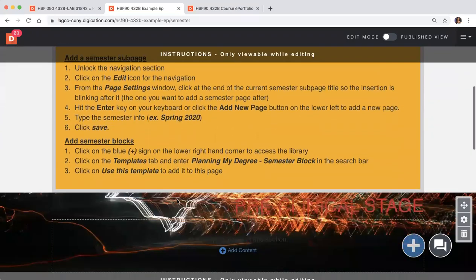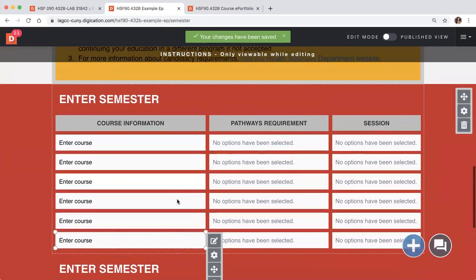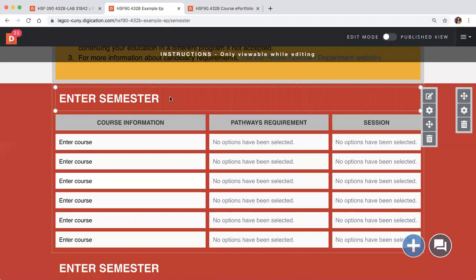If you scroll down, you'll see that it has 2 semester blocks. You're going to enter the semester, starting from this semester. Sorry, my dog. If this is your first semester, then you would put fall 2020. If you started last semester, you would put spring 2020. If you started the semester before that, it will be fall 2019. Like that. So for example, if you are a first year student this semester,